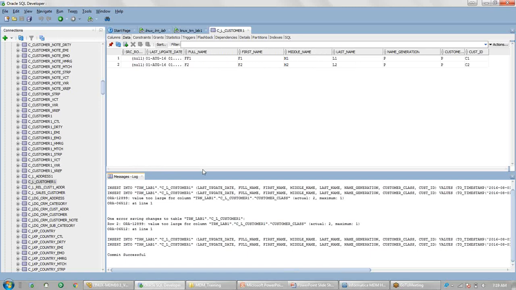I'm just inserting into my landing table of customer. In my landing table, I manually inserted these records, all the values. And this is my customer ID column, which I'm going to use as a primary key. So I'm using C1 and C2 here.